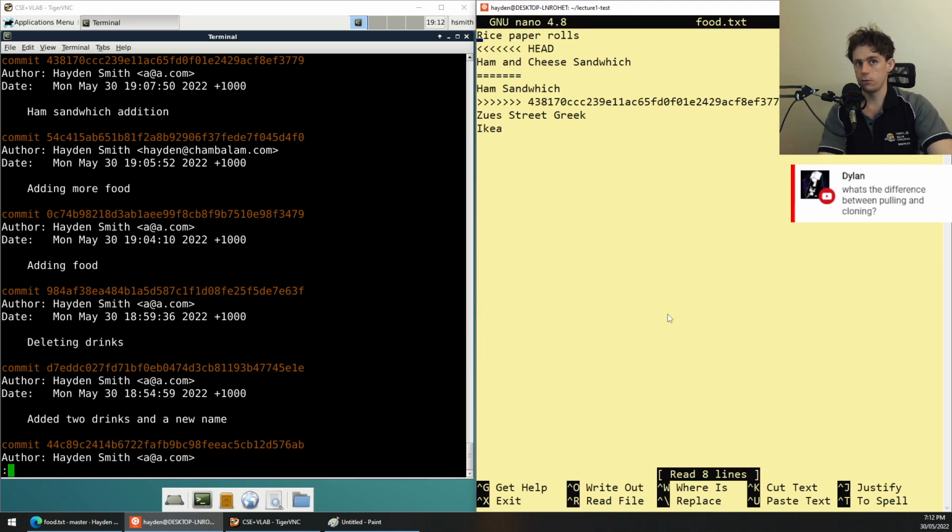And when I open food.txt, you'll see that Git has this really ugly, awful looking thing here where it's basically said, hey Hayden, these are the two things that I've seen. I see that you had ham and cheese sandwich and the other had ham sandwich. I don't know what to do, so here's the stuff. I'll put some equals signs between it and a few lines so you can see where it is. And this is the point where a human, you, me, anyone else, comes in, looks at it, talks to people and says,